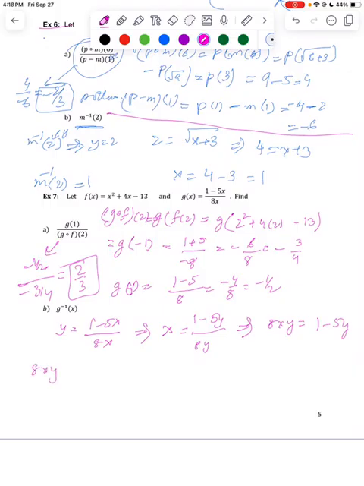Which means we've now factored out the y. We are left with y times 8x plus 5 equals 1. So kind of last step or second last, we get the y. So y is equal to 1 over 8x plus 5,